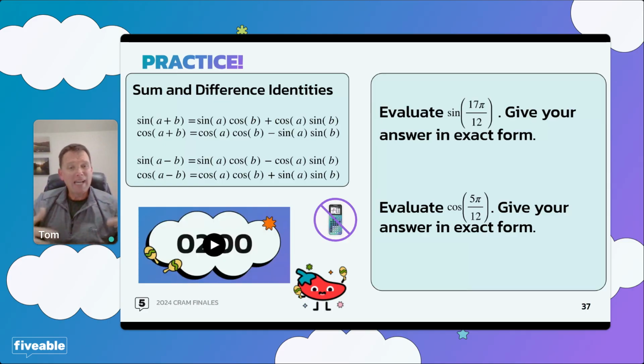And then once you have decided how to add those 2 angles, you can then apply one of the 2 sines or one of the 2 cosines for each problem and come up with an answer in exact form. Notice that this is a non-calculator problem. So you should not be giving your answer in a decimal form. Your answer should have radicals in it. And we'll talk through this in just a minute, but you've got 2 minutes to go have at this one.